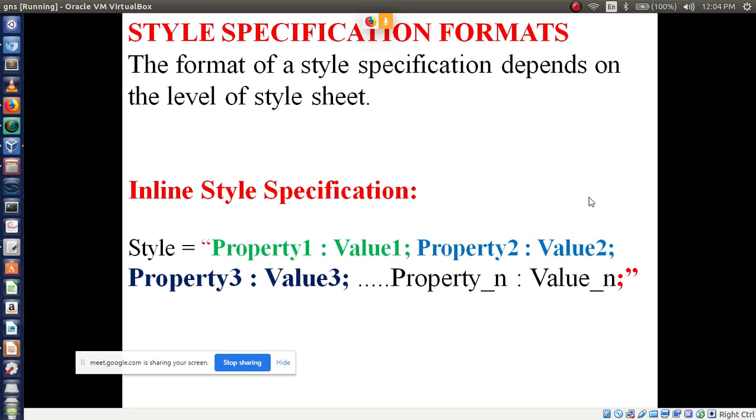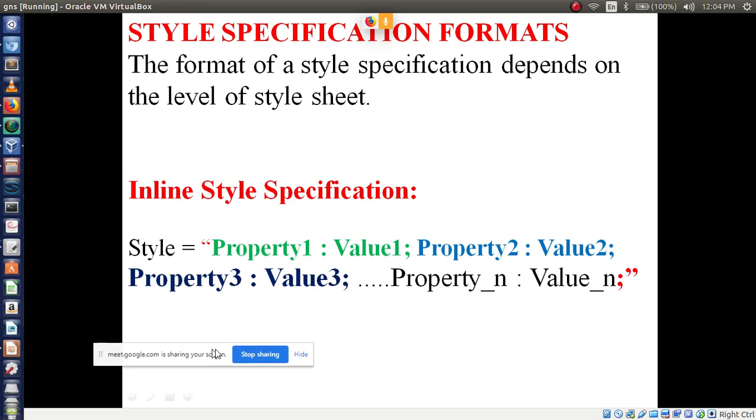Now, today we will discuss the topic of style specification formats. So what does style specification format mean? See, in the previous example we wrote p, then style, then color, red, like that we used, right?